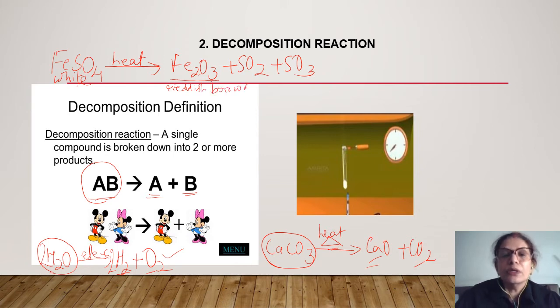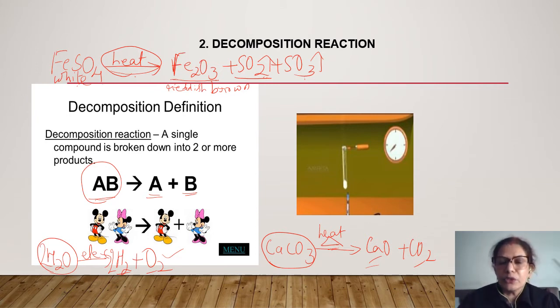You'll see in the test tube, this would be the color, and these are the gases which are emitted. And because they have sulfur, you can smell the sulfur in the lab when you are doing this experiment. So ferrous sulfate on heating gives ferric oxide plus sulfur dioxide plus sulfur trioxide. Let me put it the other way. Ferrous sulfate on decomposing gives ferric oxide plus sulfur dioxide plus sulfur trioxide, definitely in the presence of heat. Without heat, the reaction will not take place. Okay, so now let us try and balance this equation.